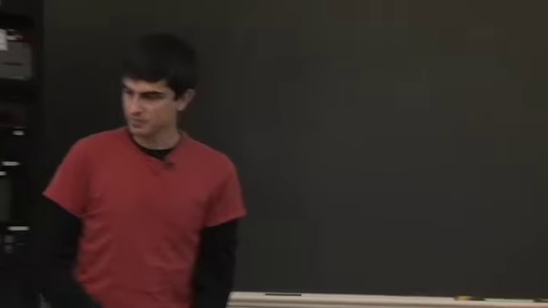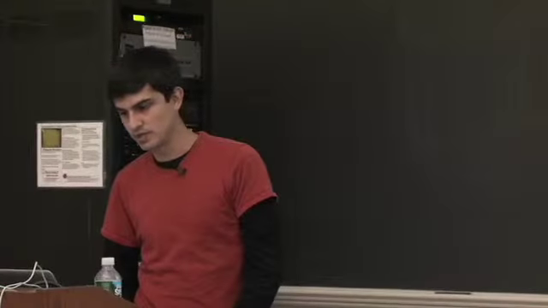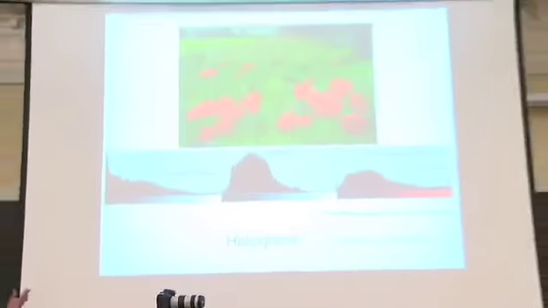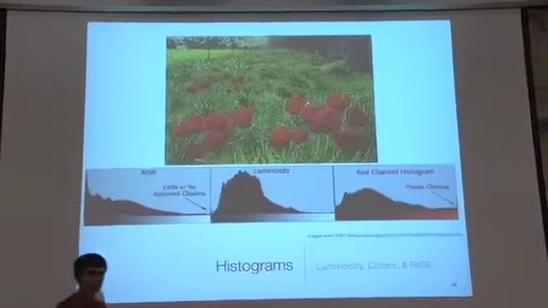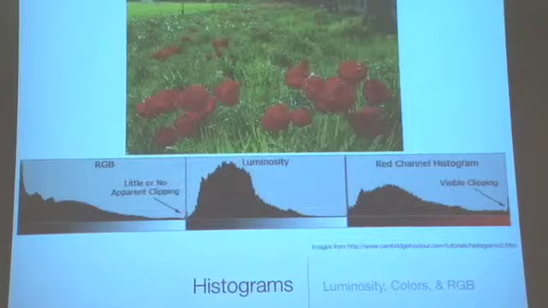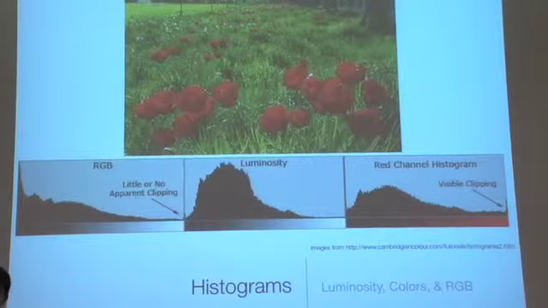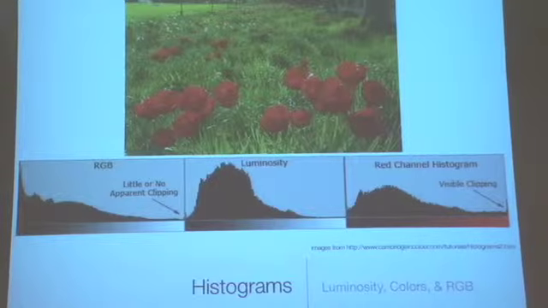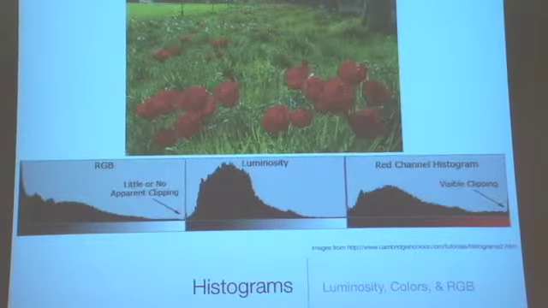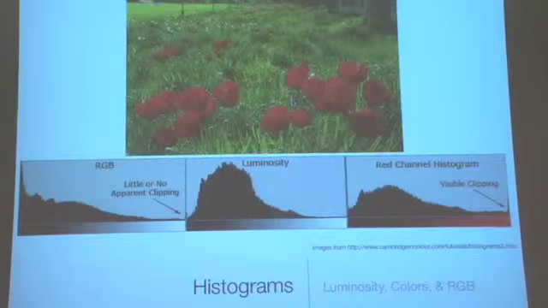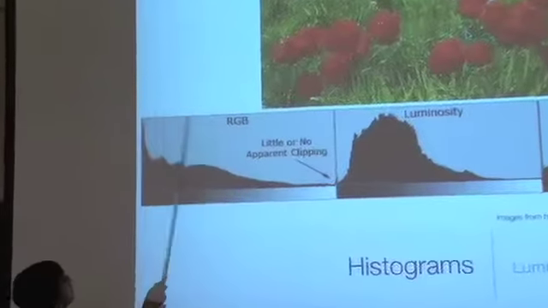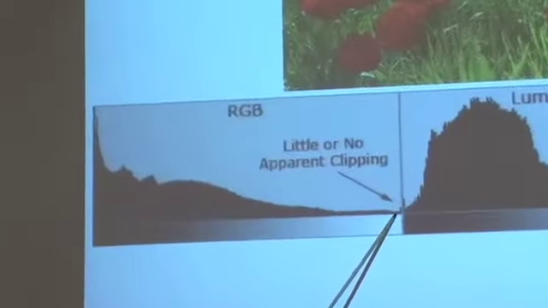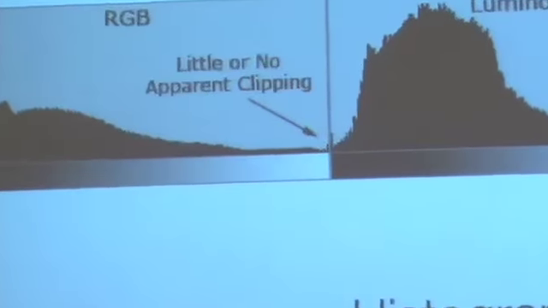So, okay. But coming back to the point of this, using the histograms, you can see that with luminosity, there's not a lot of indication that you've blown out that particular color channel. And I guarantee that when you're looking at this photo on your tiny digital camera screen, that's not going to be very apparent. What's going to be apparent is the contrast in the scene, that you've properly exposed it, and not the small little details that exist. So it's going to be something that's very easy to miss unless you look at these histograms. But if you take a look at the RGB one, you will actually be able to see, and it's difficult, but you can actually see a bit of a blip where you have actually overexposed a little bit of